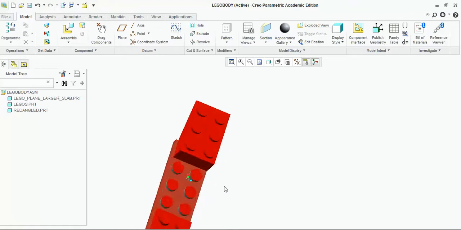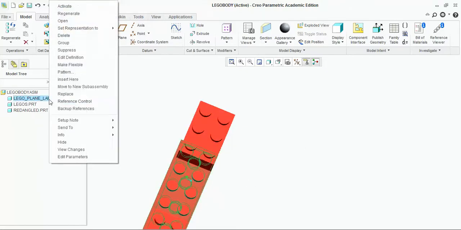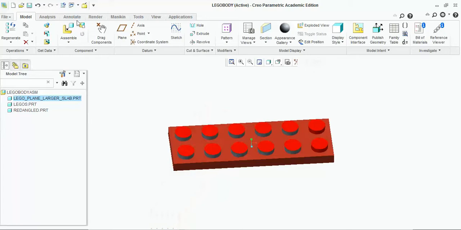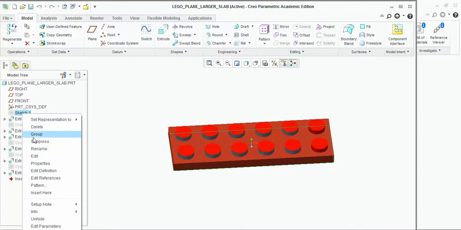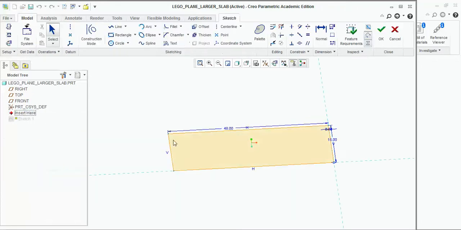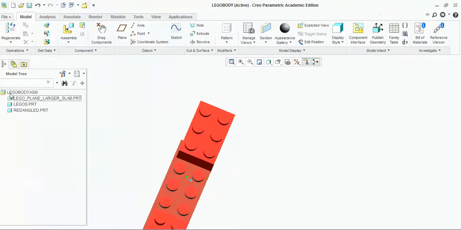Now, if you want to, you can actually go in and change the dimensions of this part because, as you can see, it's way too big. You could right-click on this and open it separately so that you could change the dimensions. It would be the first sketch more than likely. You'd want to just click Edit Definitions here and make this a little bit smaller, but I'm not going to do that right now. I'm just showing you how you could get there if you needed to. So I'm going to cancel that one,